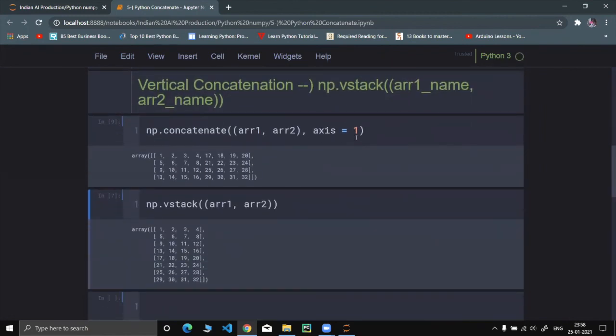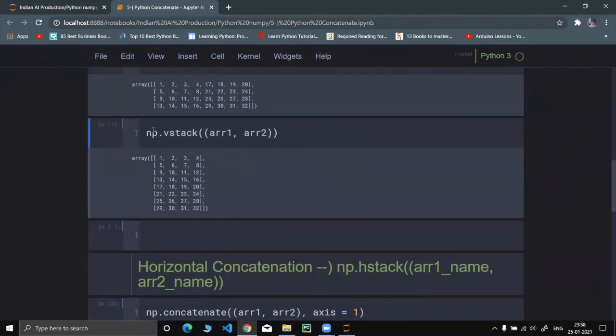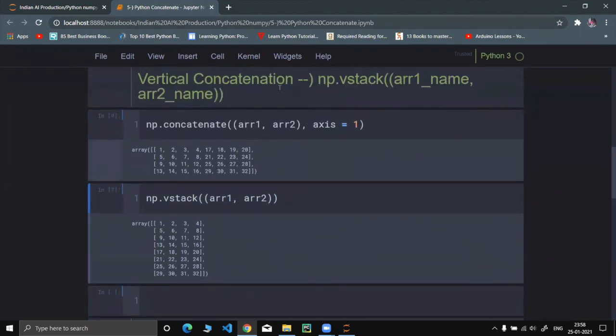Now see the difference. Axis equals to 1 means one on one side and the other on the other side, they have combined horizontally. If we want to do vertical concatenation, there is a function called numpy.vstack.